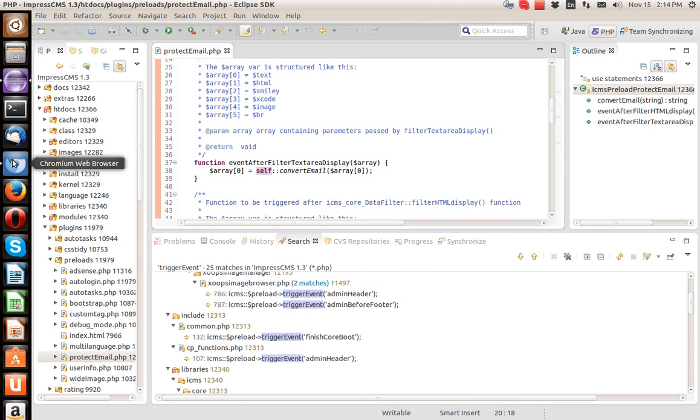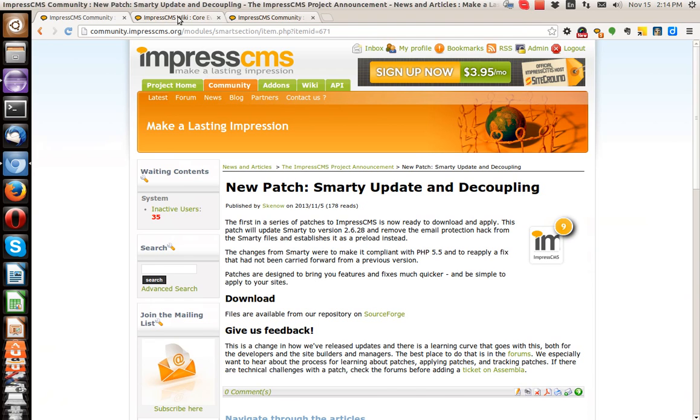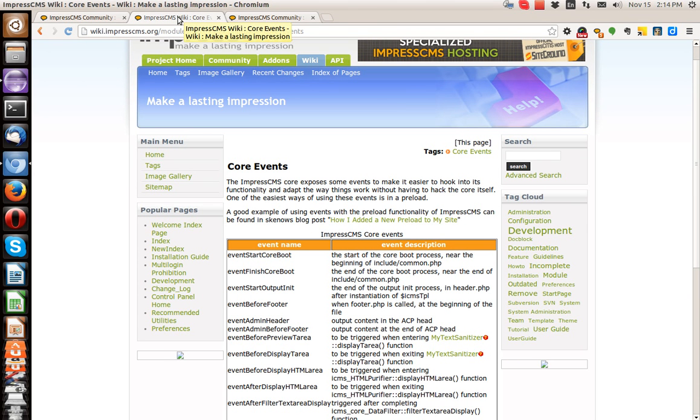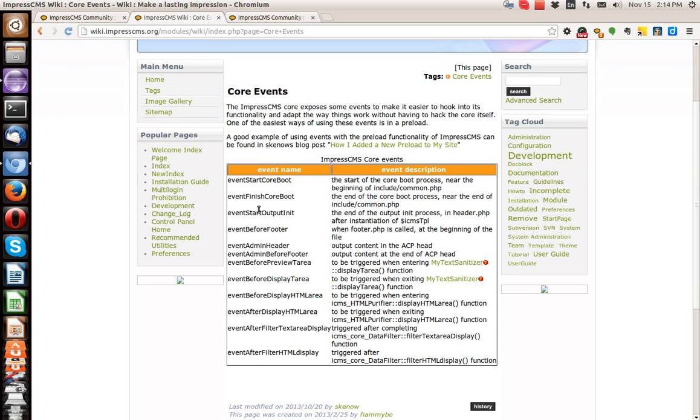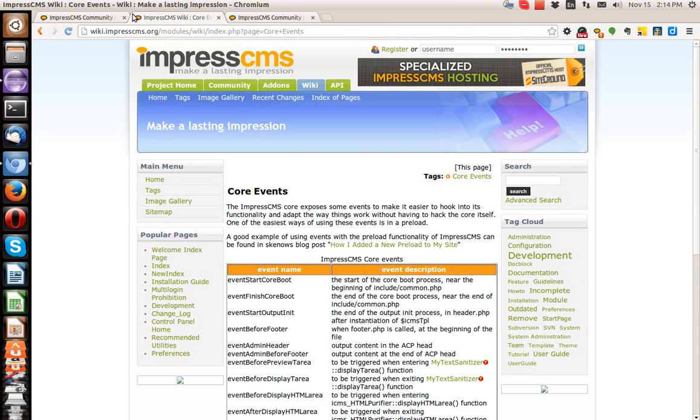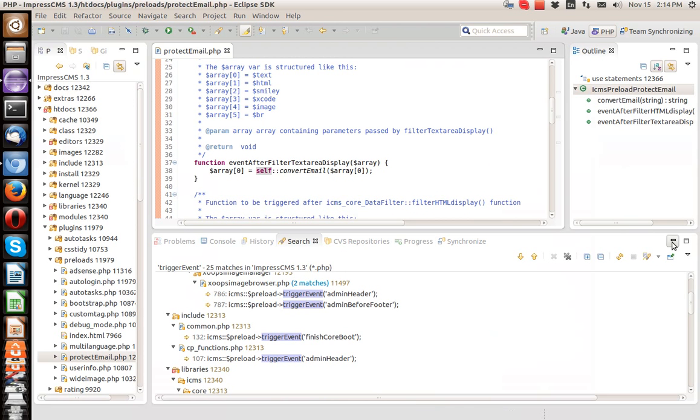And if you go to the wiki, and I'll put links to this later on, under core events, there's a pretty up-to-date list of events that are included in the core and where they're triggered. So you can use these in your code or in your preloads to define when you want your actions to take place. Some of the things, just getting back to in general how it's being used